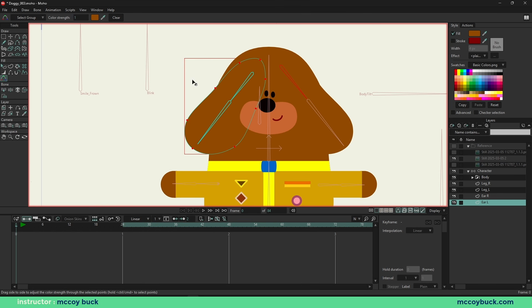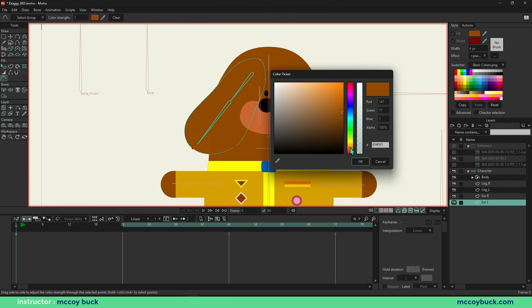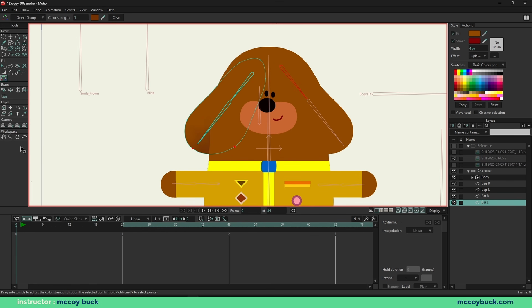So all these points are set at a strength of 1. Then I'm going to select these 2 points here, holding down Control to use the box select to select multiple points. Then I'm going to come in here to the color and make it a little bit more red, keep it pretty saturated, and just create that gradient. I can adjust the strength of this gradient by left clicking and dragging, and you can see up here that it's changing my values. So I'm just going to set this to a strength value of 2. And I'm going to hit Control-I to invert those points to make sure those are set to 1,